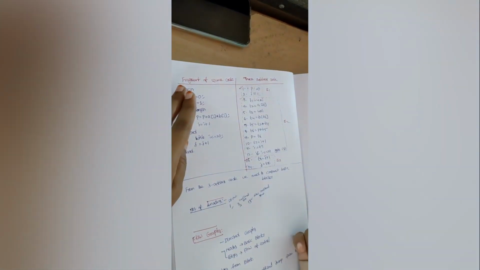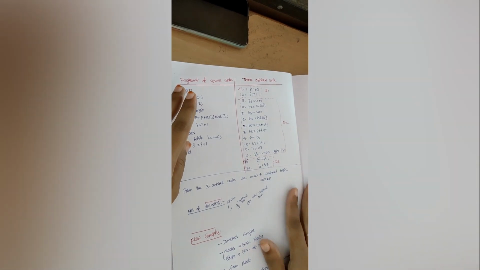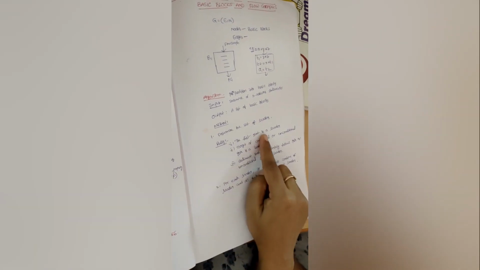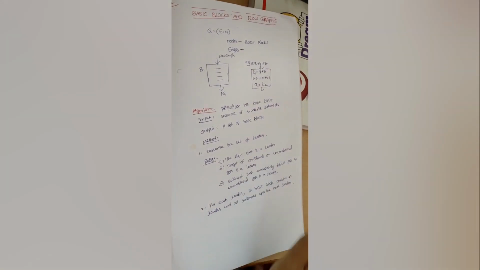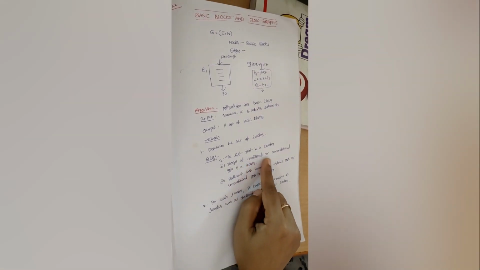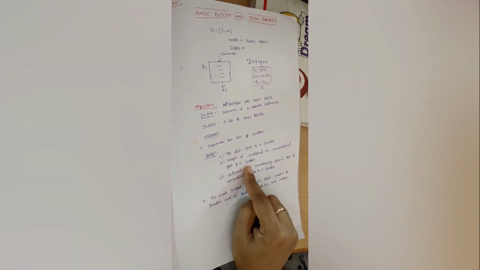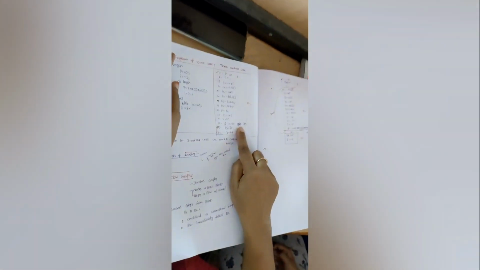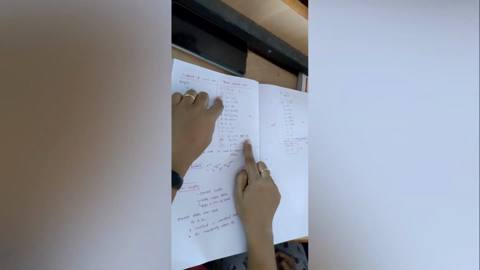Now we divide this into basic blocks. We need to partition. So what is the first step? Determine the set of leaders. What are the leaders? The first statement is always a leader. Next, the target of a conditional or unconditional go to is a leader. For example, here we have go to 3, so it will go to the third statement, and the third statement acts as a leader.